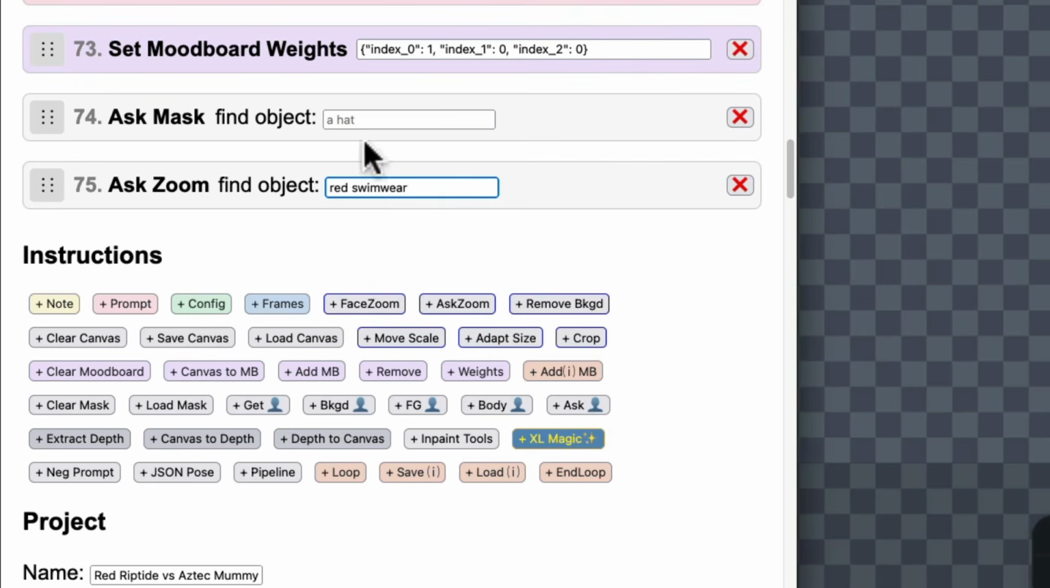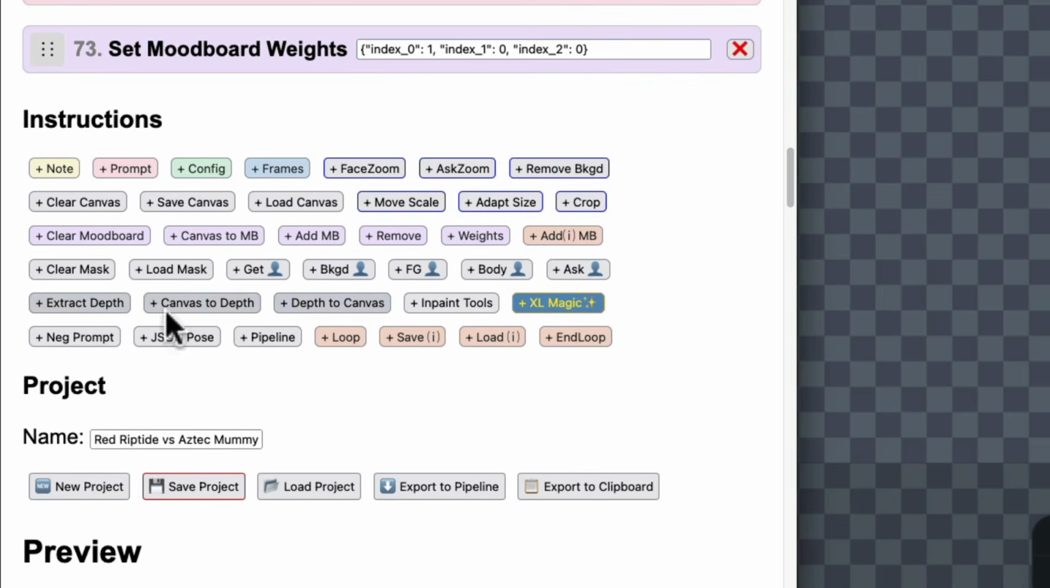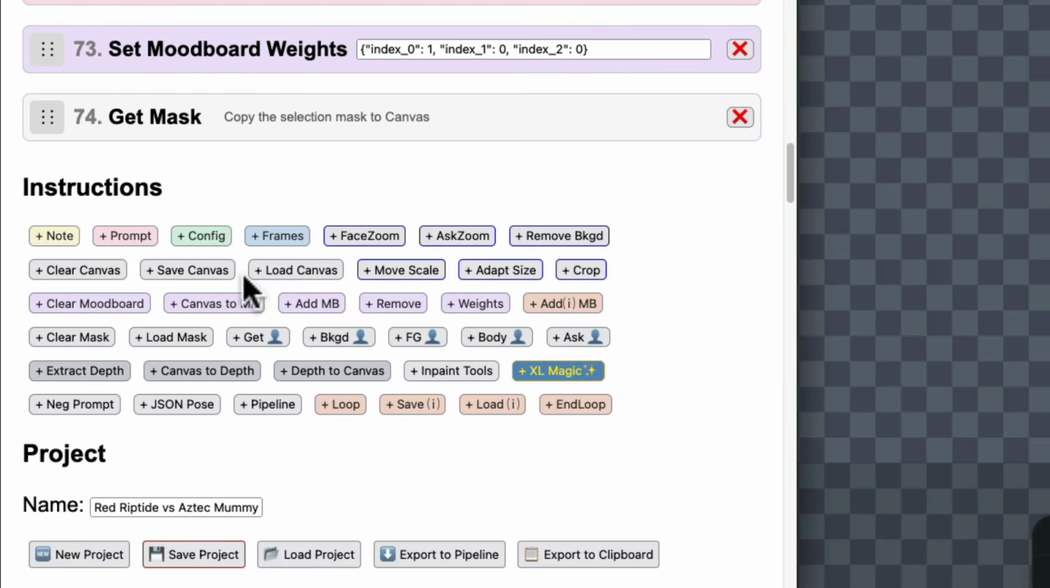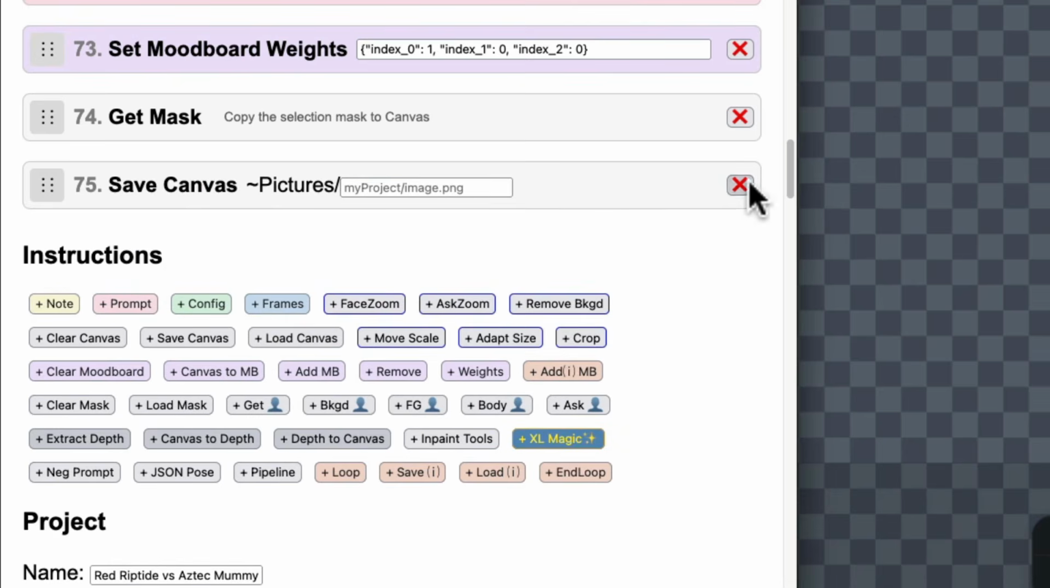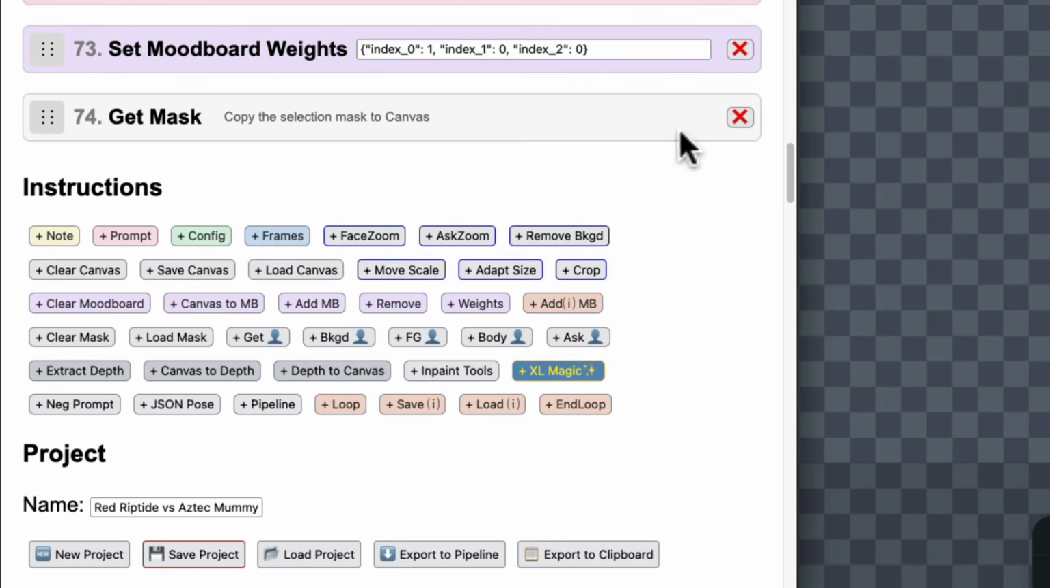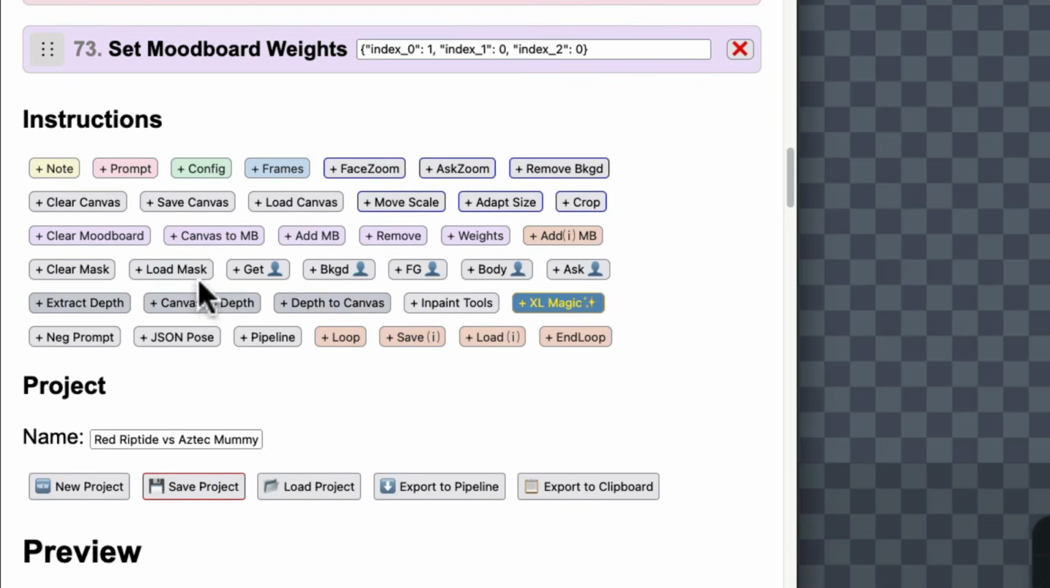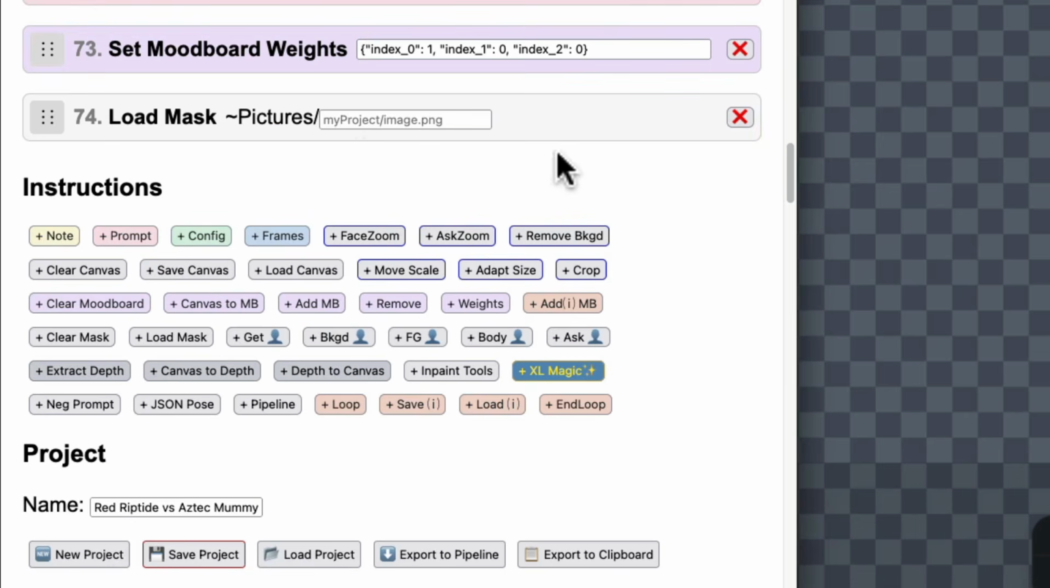And it's going to try to find that. The ask mask will create a rectangle mask. It's not always accurate. And add that to the mask layer. So we can show the mask by copying it to the mood board, copying it to the canvas, and from there you can export it or paint on it or whatever you need to do. We can also load a mask